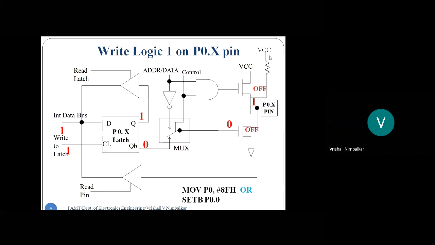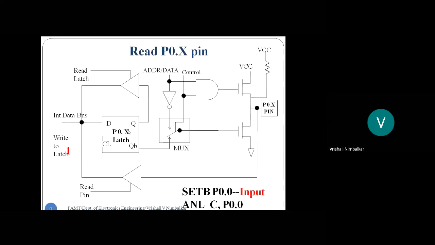So unless you connect this pull-up, which is to be connected on the breadboard or on the PCB externally by the user, you will not get correct data on the pin. So this is compulsory for port 0. An external pull-up should be connected to each and every pin of port 0. Is that okay, students? Or else the pin will not function correctly, right?